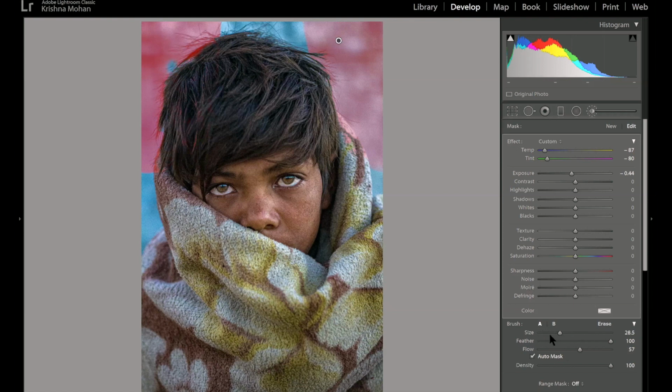Or I can come here to A and then paint. Now remember my flow is very less. Now I can paint it. So now remember these paint doesn't get very accurate unless you tick this auto mask. I'll show you how to do the masking and other things. Let me go through other two